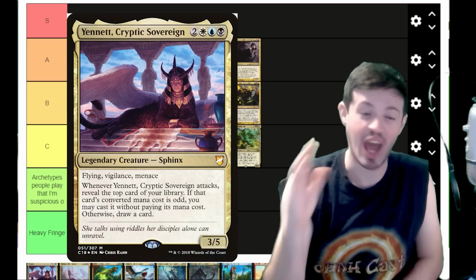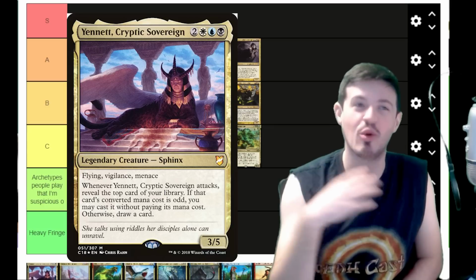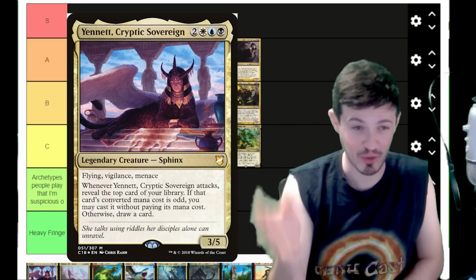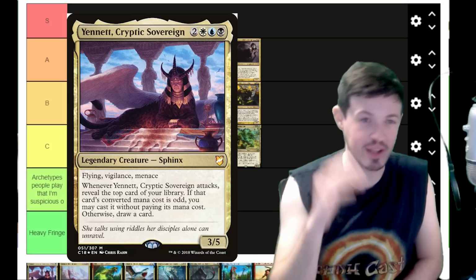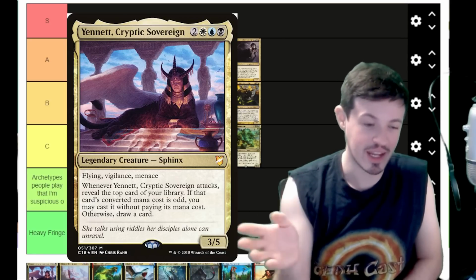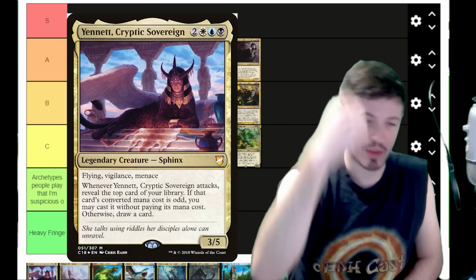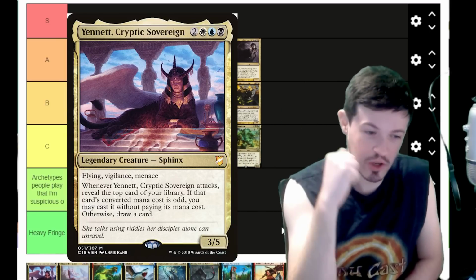There are things happening, and I don't want to spoil anything before we're ready to publish stuff, because it's going to look ridiculous before we publish it. But Charles had some kind of crazy ideas, and there's a fun Yennet deck that I'm trying to build with those ideas. That all being said, reining it back into my evaluation of the card in its current form, it's